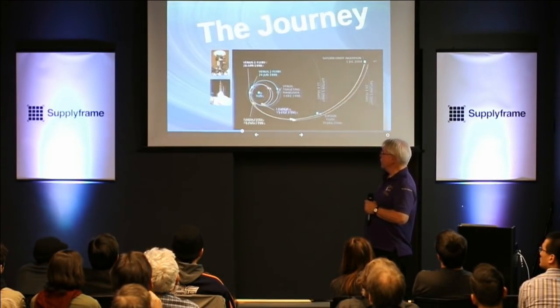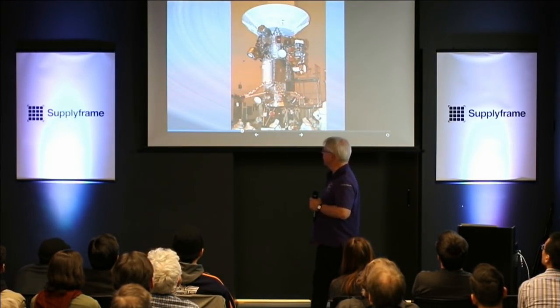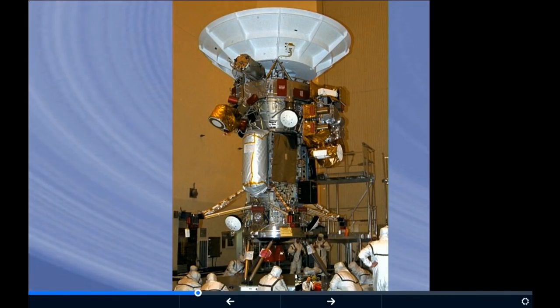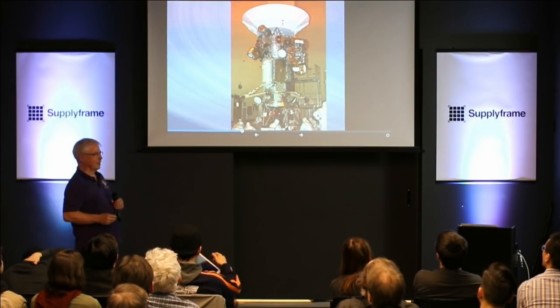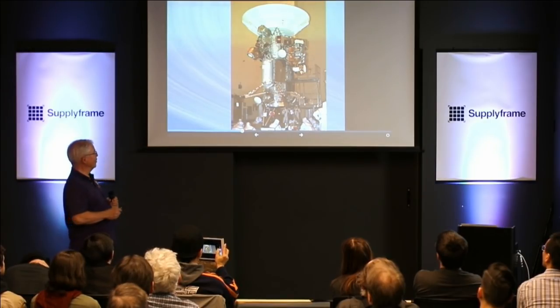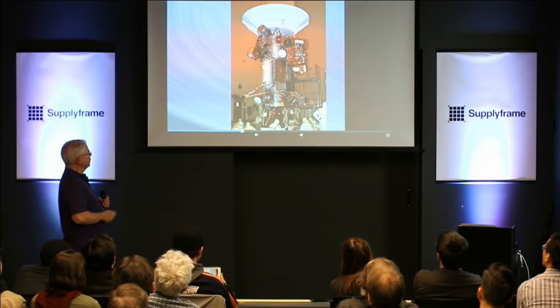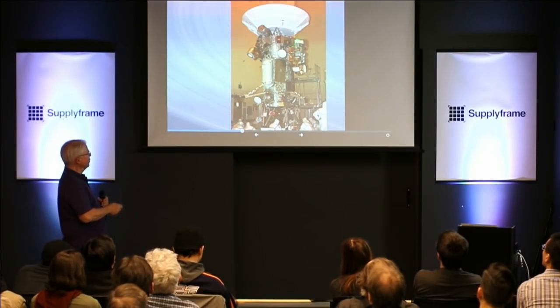So let's have a closer look at the spacecraft. You can see some of that thermal blanketing with the Kapton, the aluminized Kapton, already in place on some of the instruments. That's the German cosmic dust detector. For every particle of dust that encountered it, we could measure the mass, the chemical species, the electrical charge, several other parameters. The instruments are all bolted here